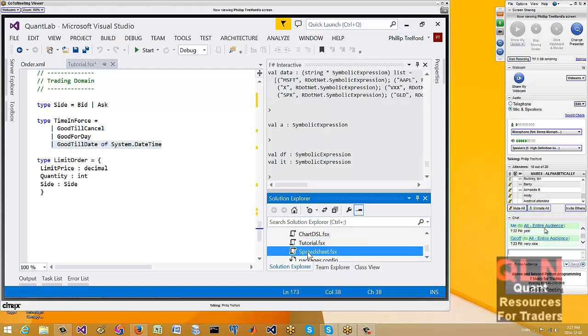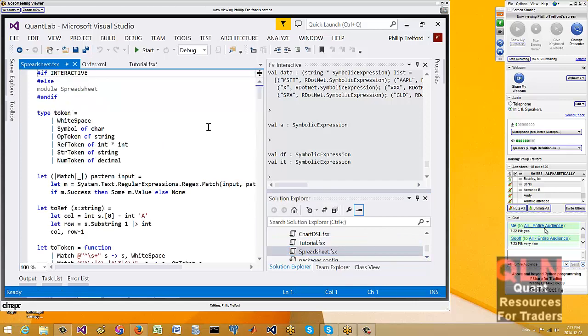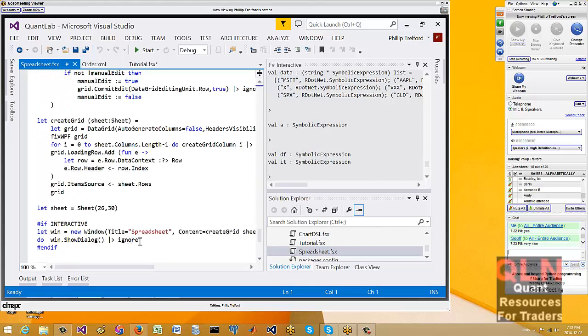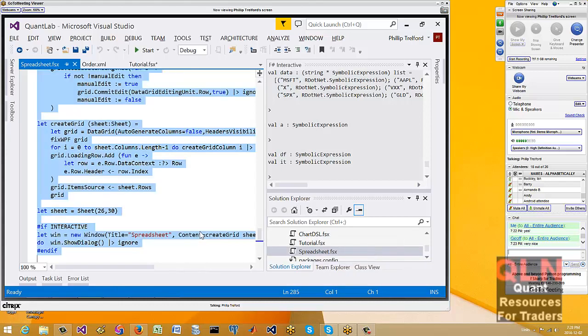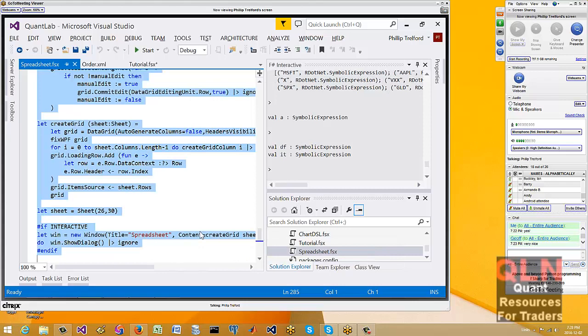Perhaps we can have a look at how we can scale up our type. So we've been looking at just picking up data. I'm going to show you a spreadsheet implemented in the type system with some simple functions. There's a parser here for the Excel-like spreadsheet language, handling references and so forth. The whole code is, let's have a look, just under 300 lines of code, and I can just run that from the interactive window.